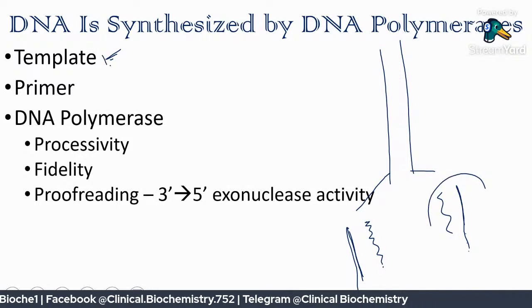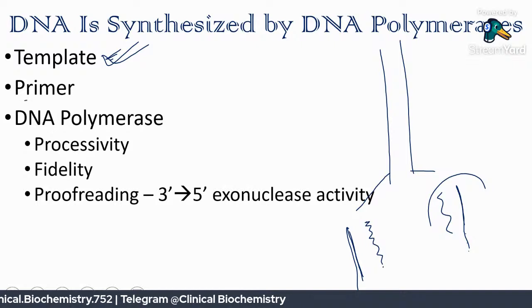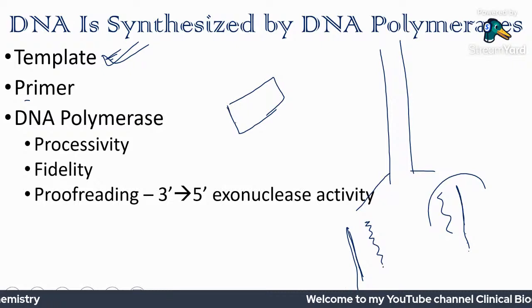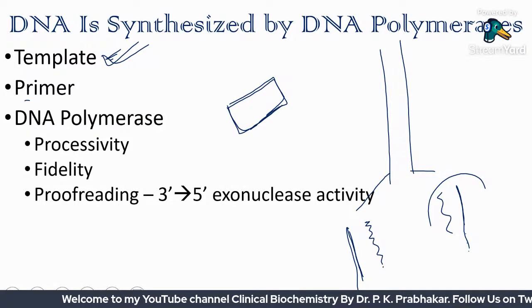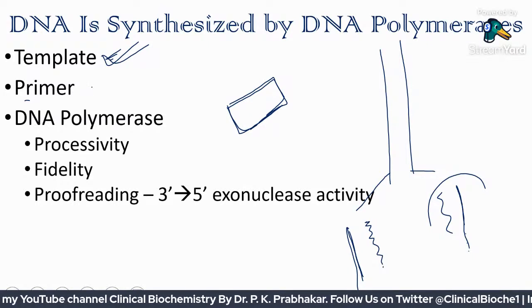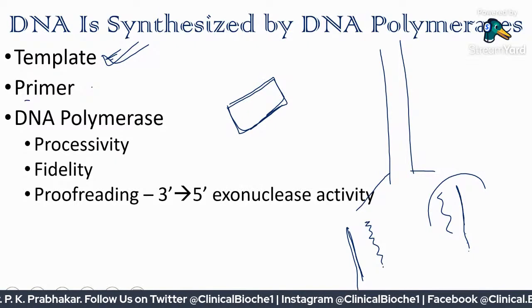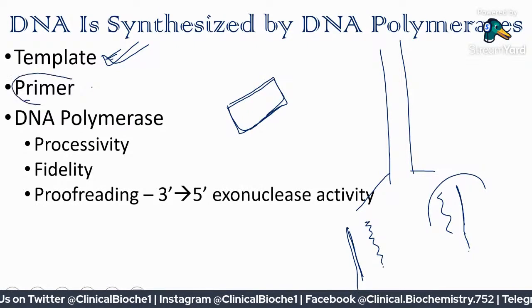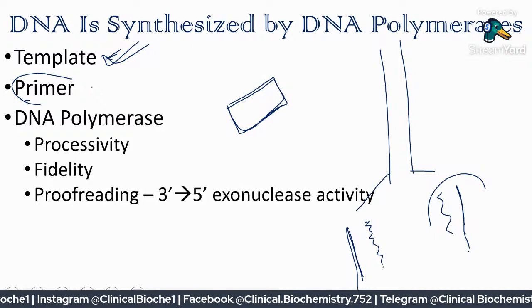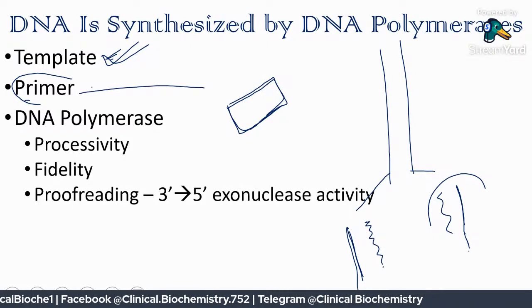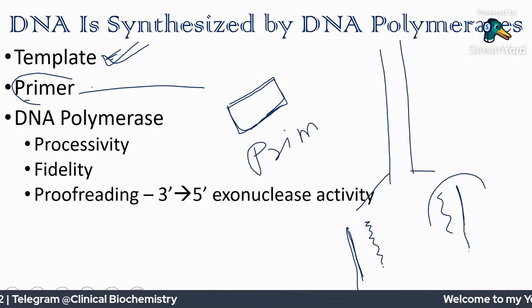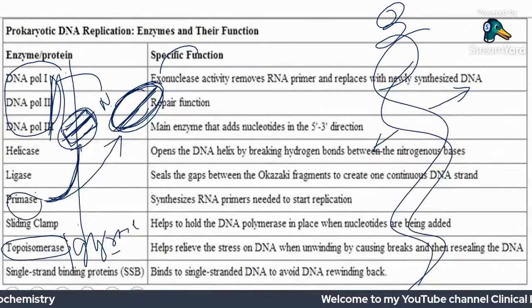So we require a template DNA, then we require a primer. Primer normally means एक छोटा सा डीएनए का टुकड़ा या आरएनए का टुकड़ा, न्यूक्लियोटाइड का टुकड़ा, जो जहां से डीएनए सिंथेसिस स्टार्ट होगा. हम घर में दही जमाते हैं ना, for that curd we are going to use a starter. So that starter is the primer, from where it is going to start, initiate. Primers are small RNA molecules or DNA molecules which are synthesized by the primase enzyme. So this primase gives you the primer molecule,